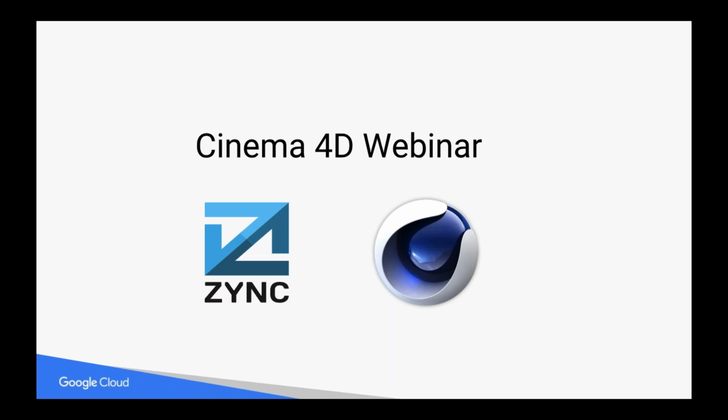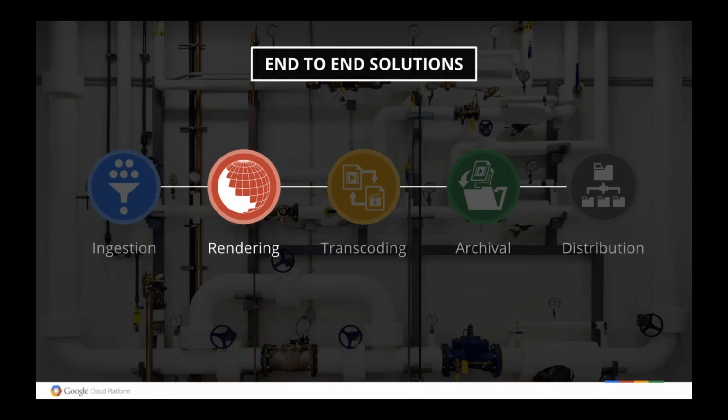During today's webinar, I'm going to show you Zync running inside of Cinema 4D, show you best practices for rendering at Google scale, which I'll explain a little bit more, and then take you through an actual render from Cinema 4D and show you how I'm able to cut down a render that takes about 21 hours on my local machine, which I'm working on now, and we'll do that in really a matter of minutes using cloud rendering with Google. So I'm just going to go ahead and start by giving you a very brief overview of what